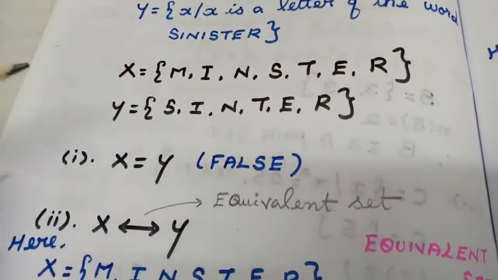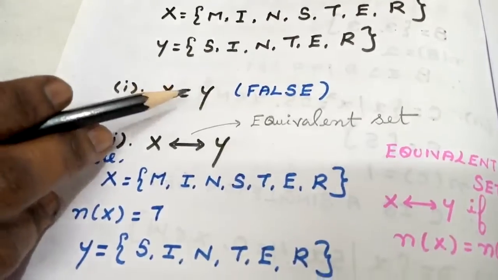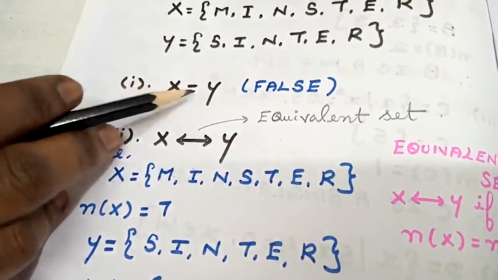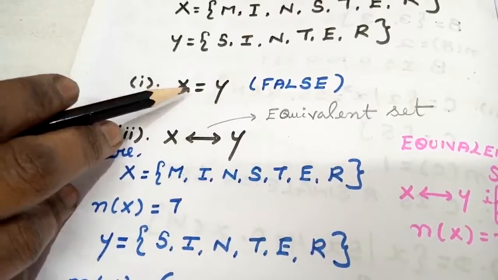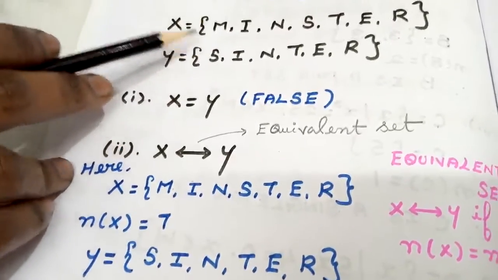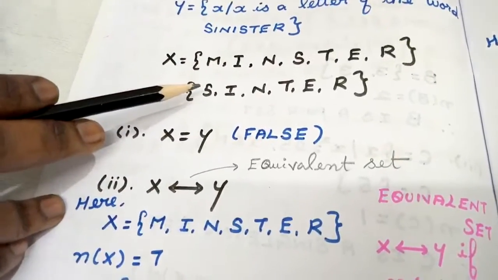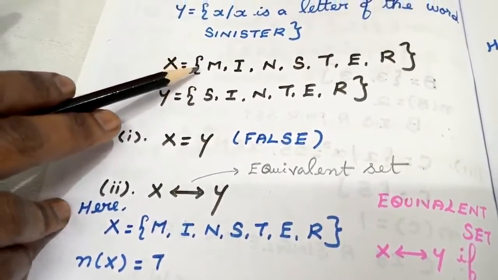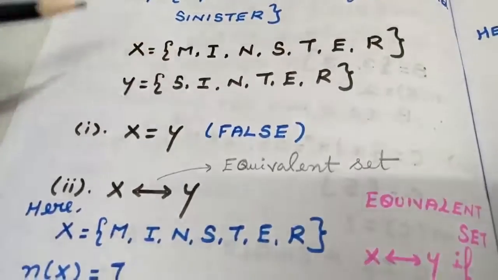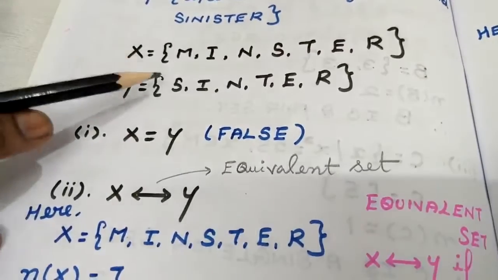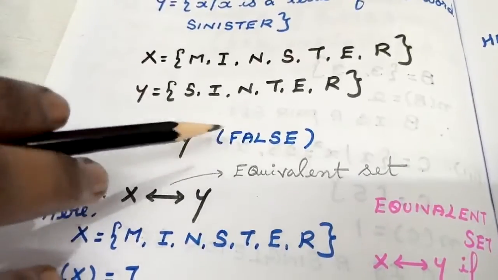So what is the question they are asking? They are given you 2 conditions. They are asking you to check whether X equal to Y. The meaning of X equal to Y is that the sets are equal. Equal sets mean exactly the same elements inside X and inside Y. We are not going to have exactly the same elements. The reason is, M is in the set X, I am having the element M, but in Y, I am not having the element M. So X equal to Y is not true here. So it is false.